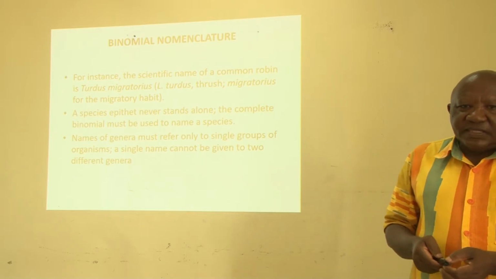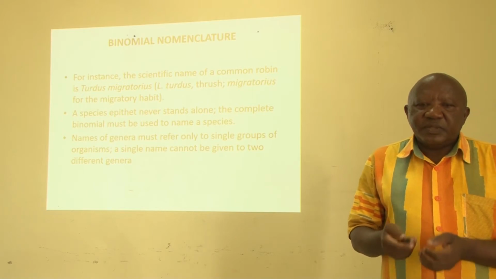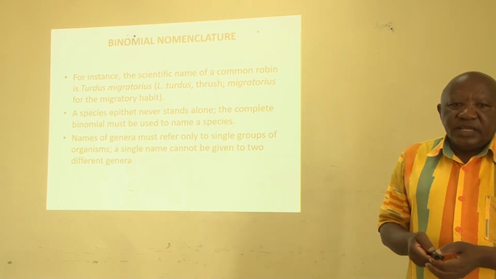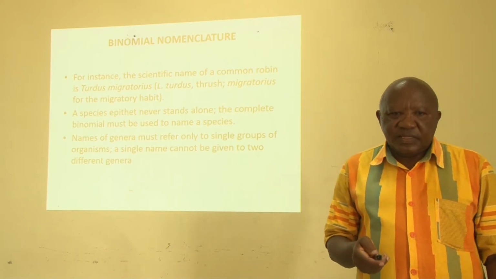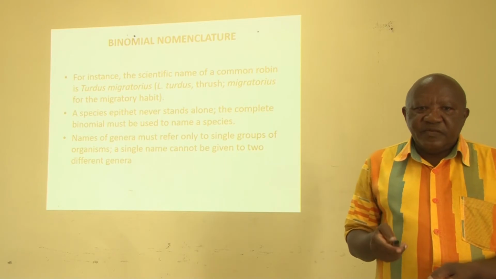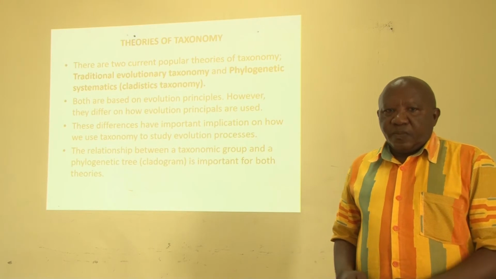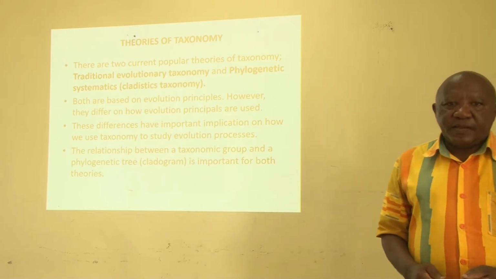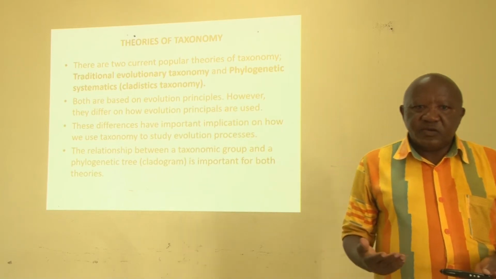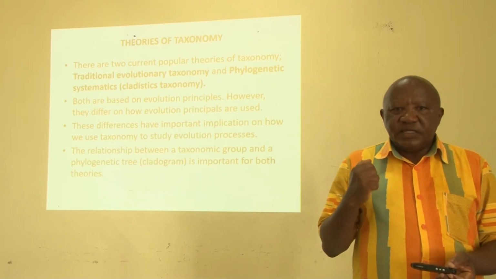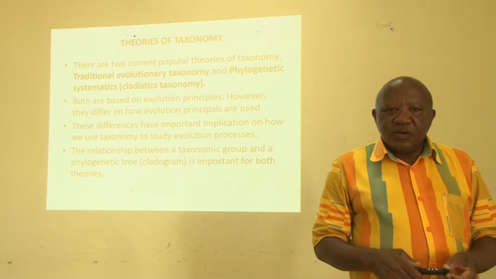A species epithet never stands alone. The complete binomial must be used to name a species. Names of genera must refer only to single groups of organisms. A single name cannot be given to two different groups. Theories of taxonomy. There are two current popular theories of taxonomy: traditional evolutionary taxonomy and phylogenetic systematics, or